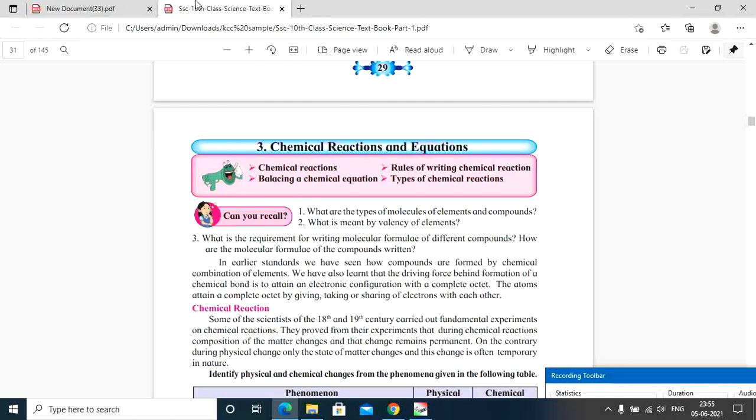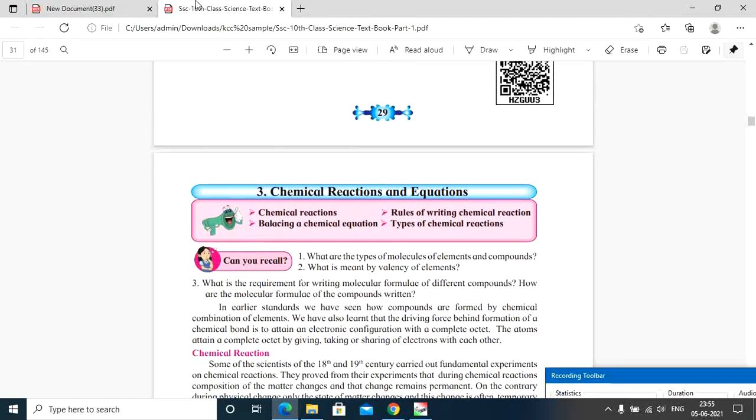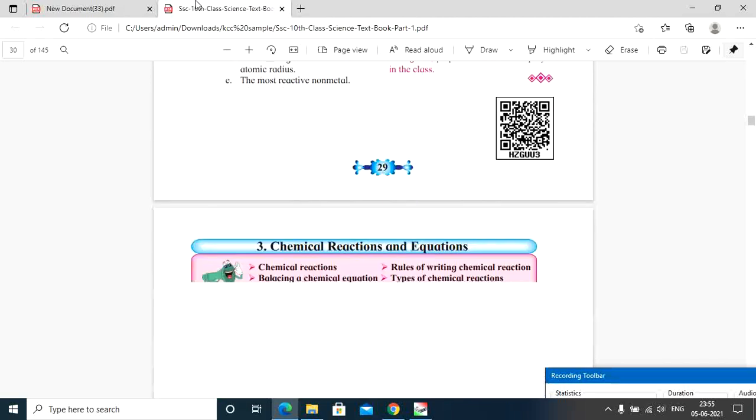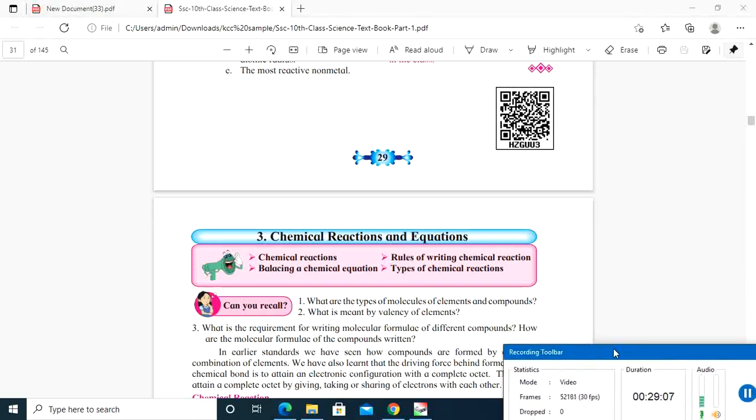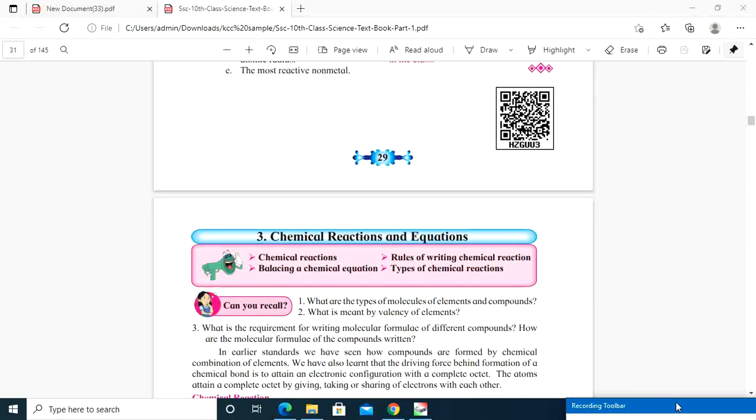Again it is chemistry, but after doing lesson number 2 we should definitely move to lesson number 3. So why I started with chemistry, as I told you, is so that you can have time before your regular schedule starts. This will definitely help you, or you can have your time to study, to learn new things. There are many new things you might be learning these days.